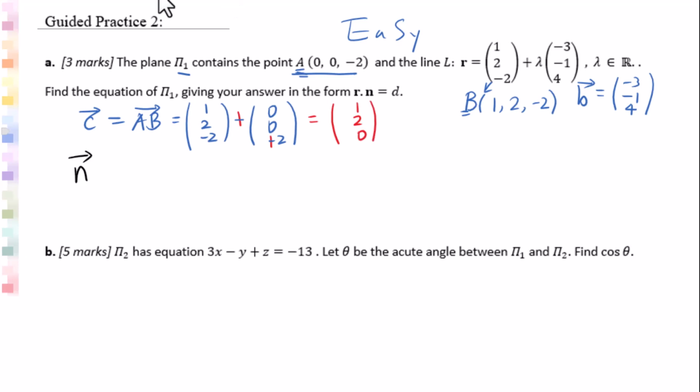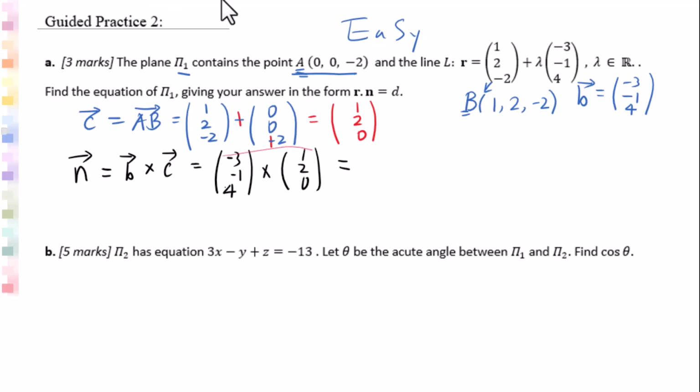Then the normal vector of the plane equals B cross C equals -3, -1, 4 cross 1, 2, 0 equals,